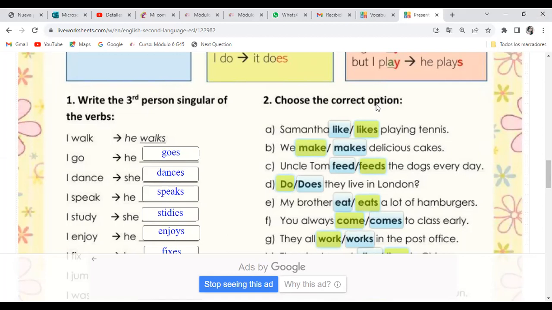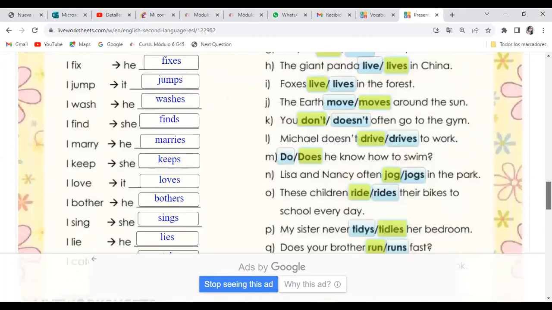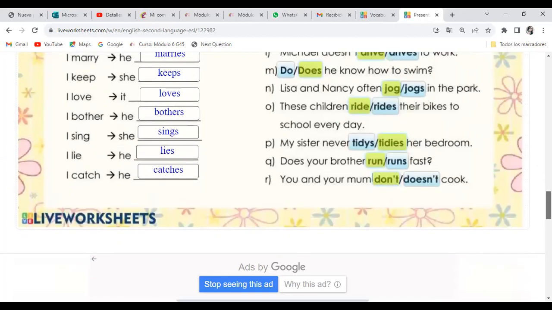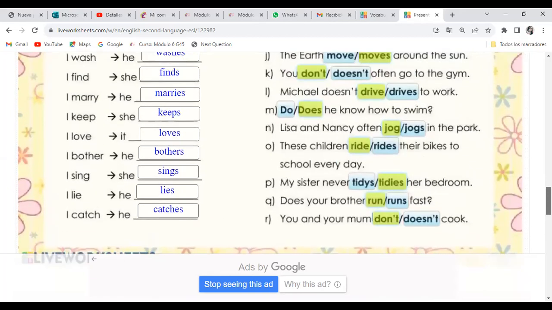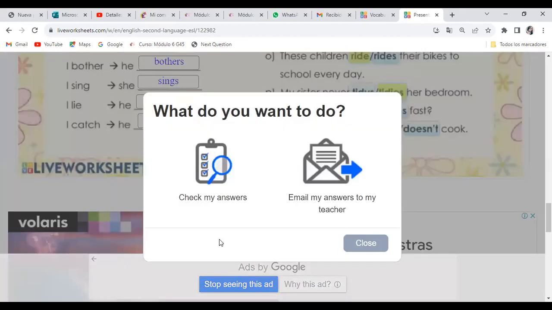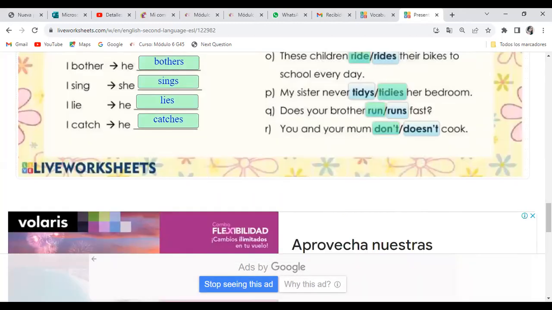¿Y qué son las terceras personas? Siempre va a haber ella, vamos a hablar de ella, de él o de eso. ¿Y qué puede ser eso? Un perro, un gato, un árbol, la tierra, ¿sí? Una cosa que sea singular. Entonces, ese es el objetivo de este ejercicio, simplemente que ustedes puedan conjugar los verbos de manera correcta en presente simple, ya sea en negativo, afirmativo o en pregunta. Pero en presente simple, chicos. Recuerden que solamente estamos viendo el presente simple y vamos a darle clic en Finish y vamos a revisar nuestras respuestas.